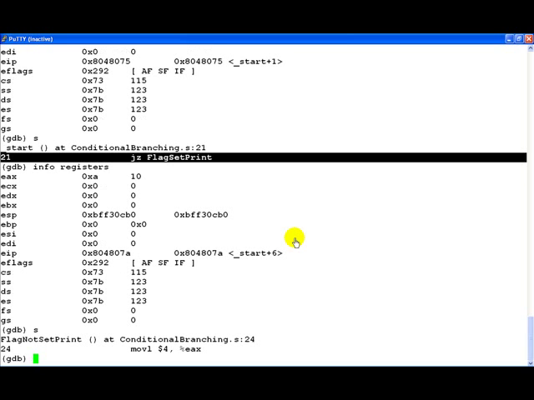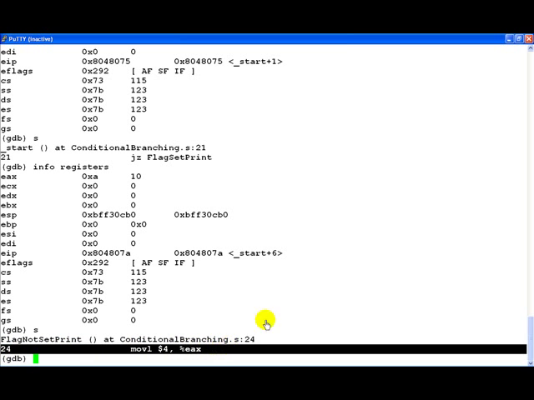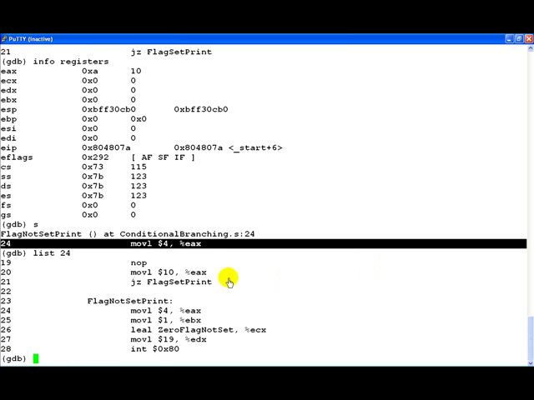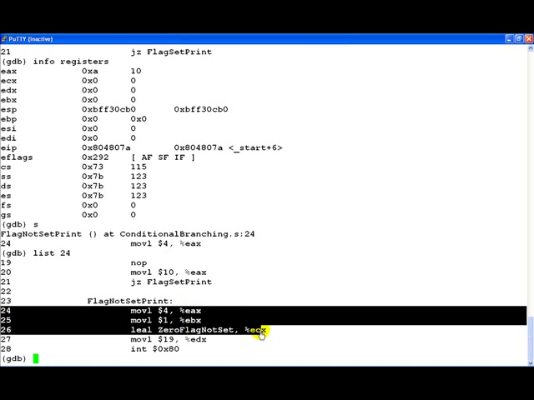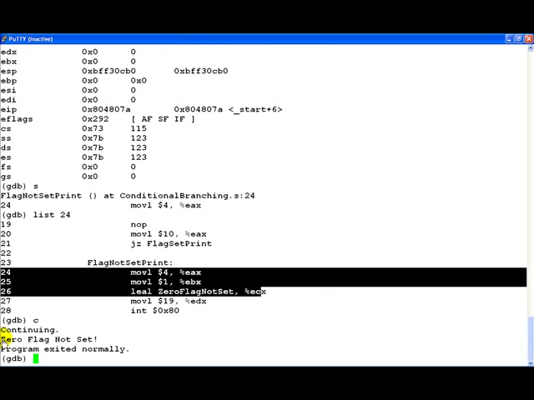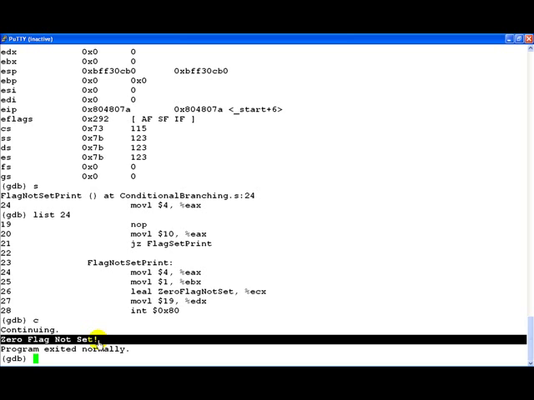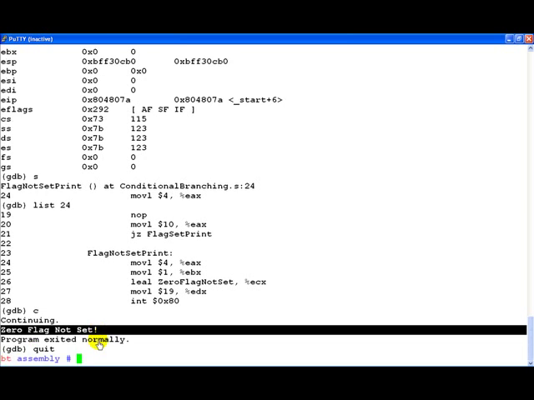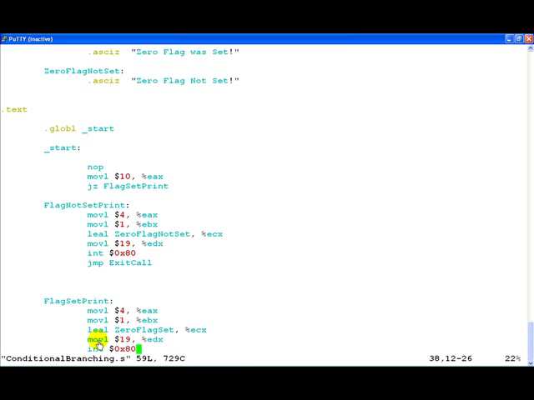So let's step, and if we notice, it's gone to the next instruction, which is at line number 24. Basically the flag not set print, right? And let's go ahead, continue, and we'll see that the 0 flag is not set gets printed and the program exits gracefully. Now let's actually quit GDB, go back to our source code and add something which will go ahead